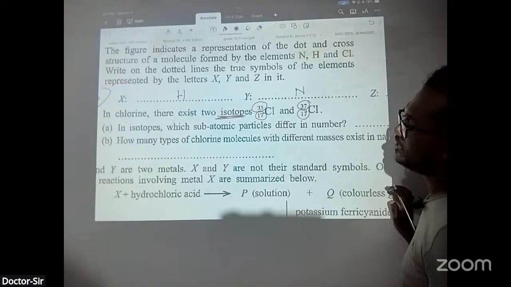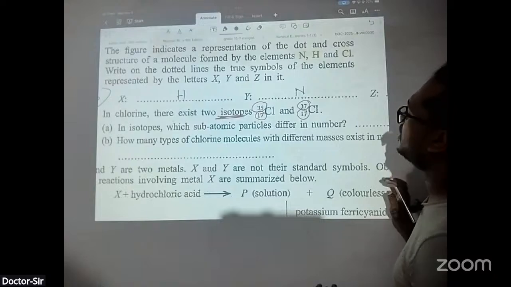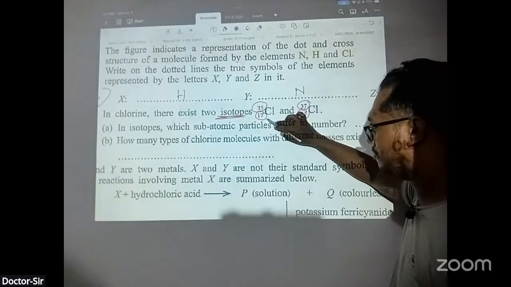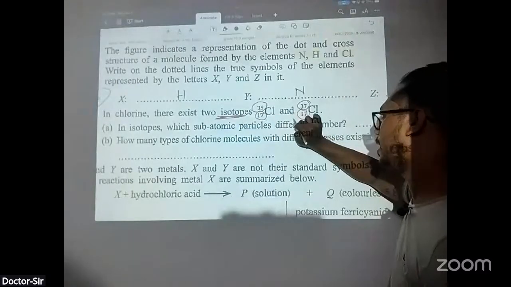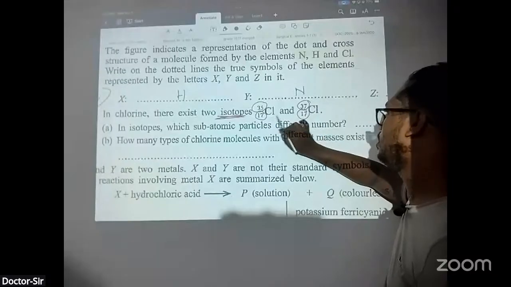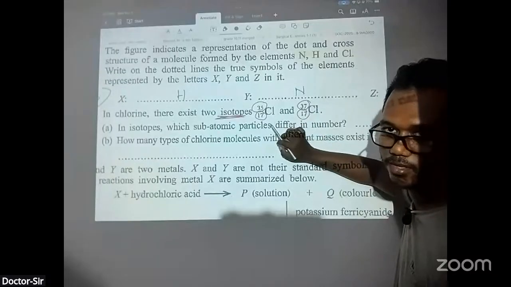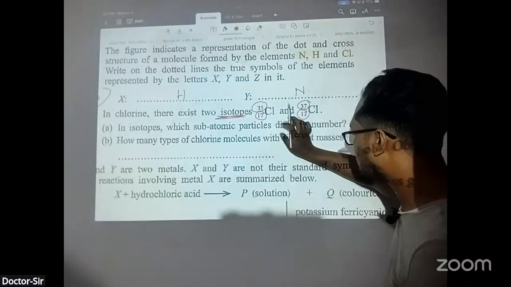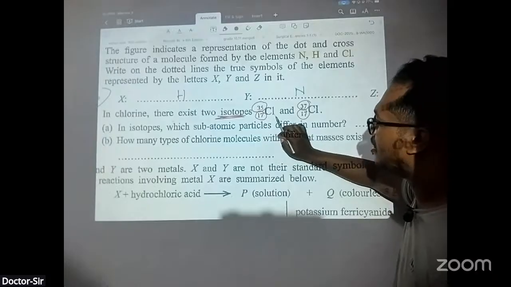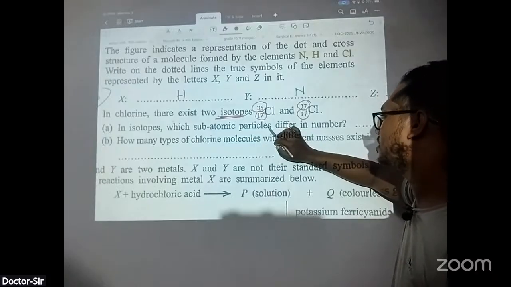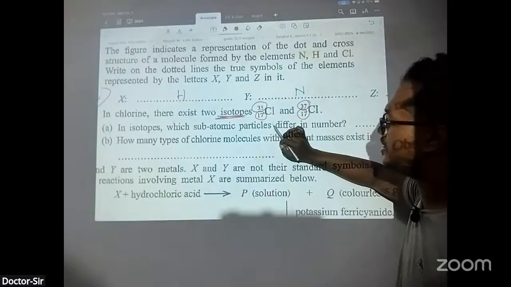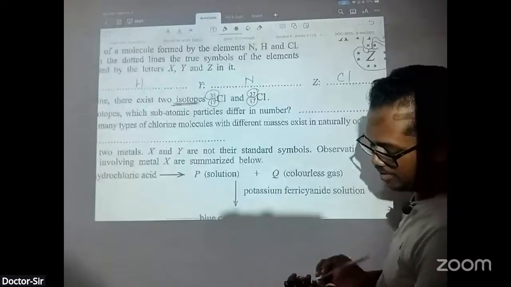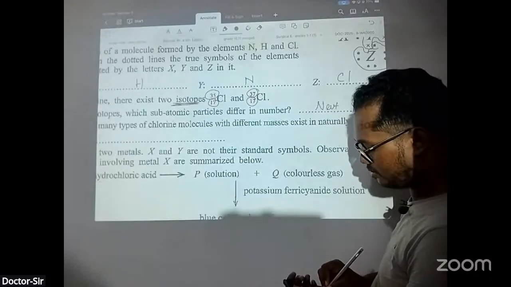Okay, so in the isotope, which subatomic particle differs in number? Yeah. Atomic number can represent the protons. Atomic number can represent the proton. Proton change එකක් නැහැ. මෙතන atomic number එකෙන් මම ගන්න පුළුවන් number of the electron. එහෙනම් ඒක change වෙන්නේ නැහැ. So එහෙනම් what are the subatomic particles that differ? Definitely the subatomic particles that differ here are neutrons. So the number of neutrons differs in the